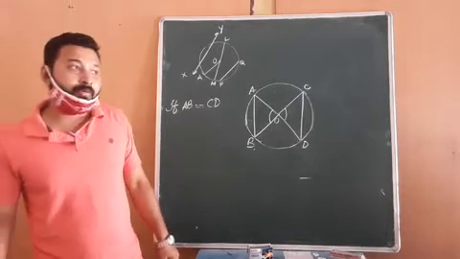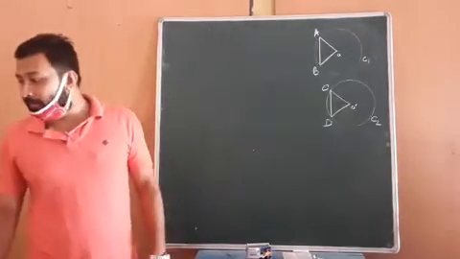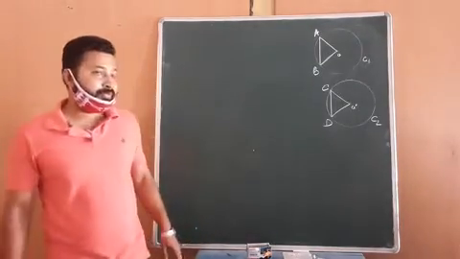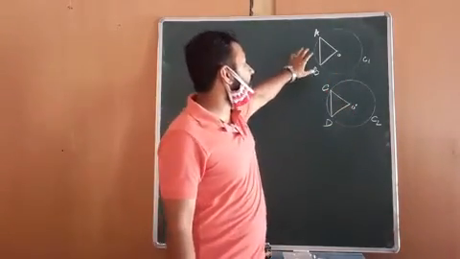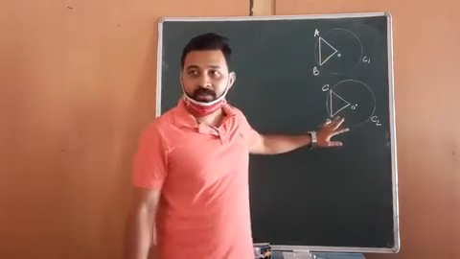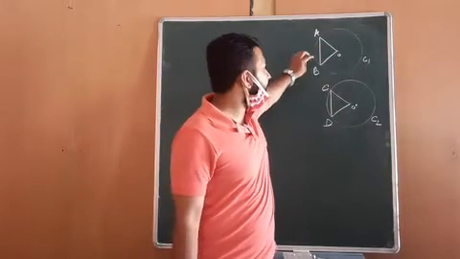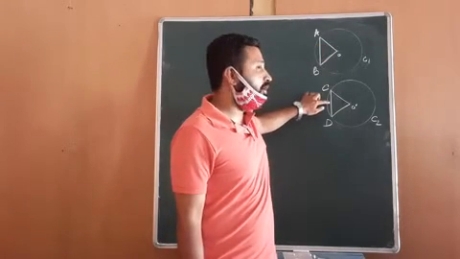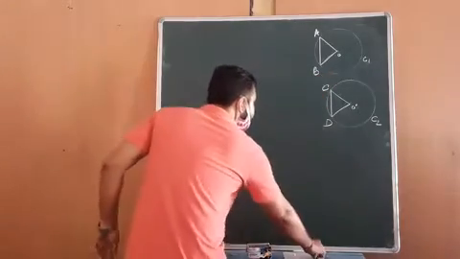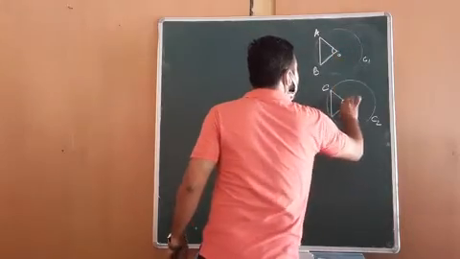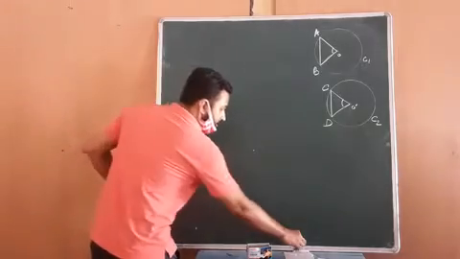Now in exercise 10.2, question number 1, you write. In our first question, it is given that we have two equal chords of two congruent circles. We need to show that the angles subtended by equal chords of two congruent circles at the center are equal. That means these two angles are equal. So we will write